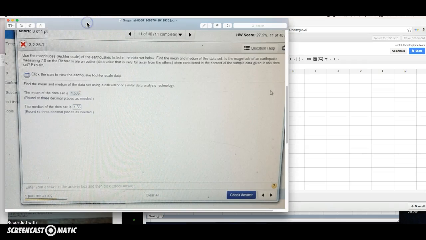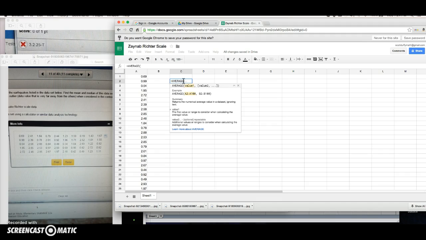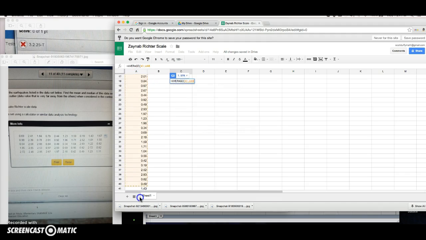That is what we want, right? Yeah, the mean. So I'm going to hit equals, and then I'm going to start putting mean. Or maybe they want average. Average. And then, after I put in average, I'm going to highlight all of these, because I want to find the mean or average of all these sets. Once I'm done highlighting them all, I'm going to hit enter, and I'm going to go back up, and there we go. It gave us our average,